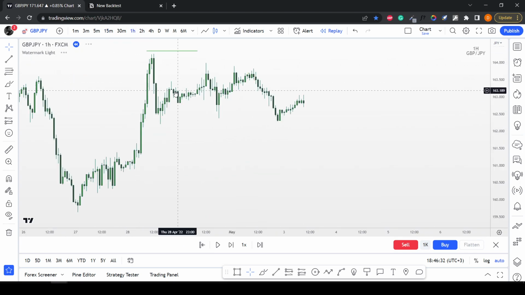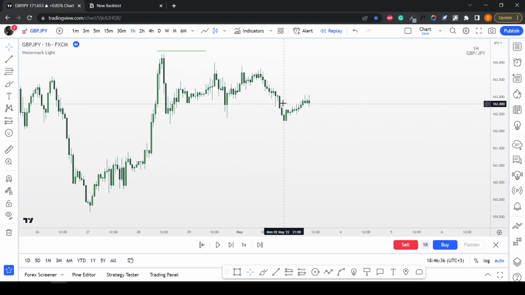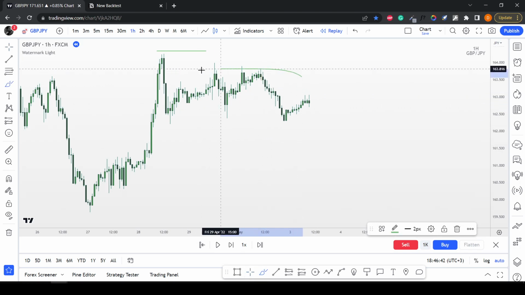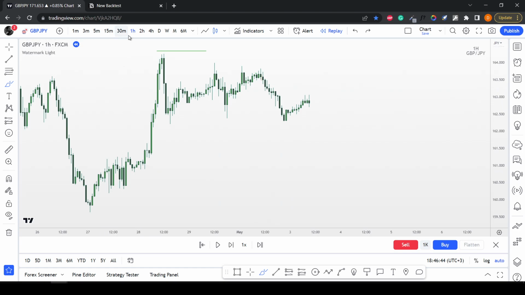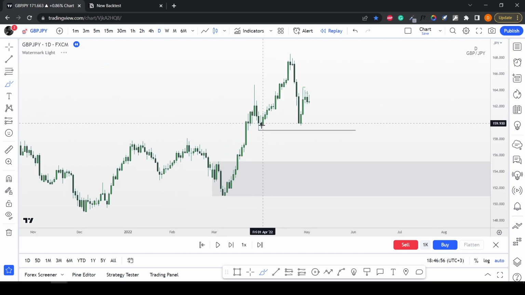So let's check. A lot of inside structure on 1 hour. It's really weak. So any kind of setup here will not be the highest quality just because of this unclear price action. Of course we still have the same 4 hours, we still have the same 1 hour, and we could have an idea that we want to tap deeper, but I don't want to trade it